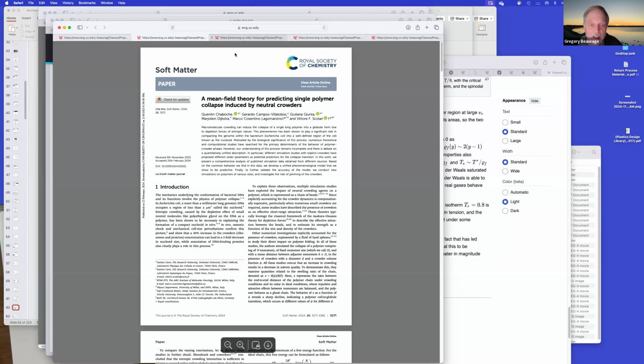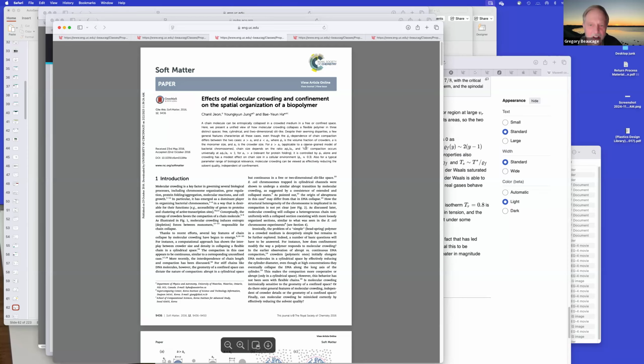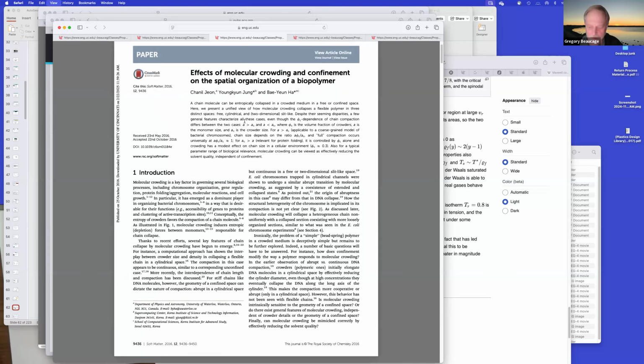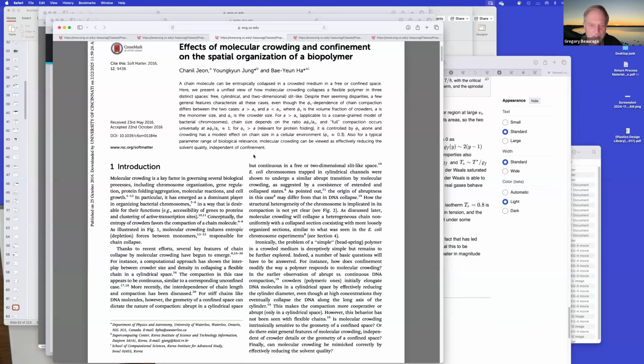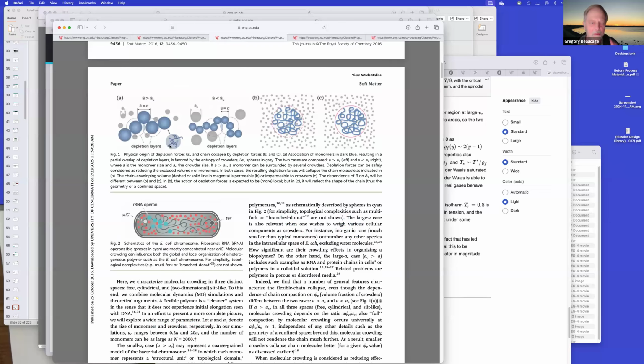Anyway, the Ha thing. So this Ha thing is kind of the first of the series of papers. So he's looking at the same thing, coil collapse, but he's saying you can drive a coil collapse by adding in small molecular species. So you have this RNA, some RNA molecule, and you add in protein or some other kind of molecule around it. What happens is that